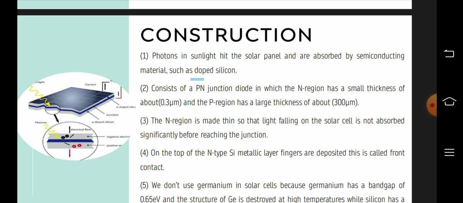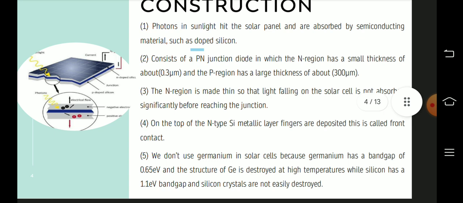Photons in sunlight hit the solar panel and are absorbed by semiconducting materials such as doped silicon. We use silicon as a semiconductor material in the solar panel. It consists of a p-n junction diode in which the n region has a small thickness of about 0.3 micrometer. The p region has a large thickness, that is 300 micrometer. The thickness of the p region is greater than the n region. The n region is made thin, so light falling on the solar cell is not absorbed significantly before reaching